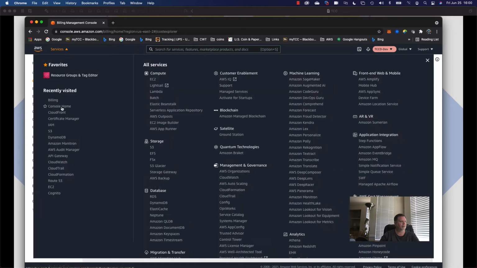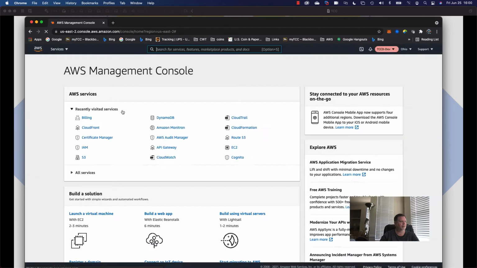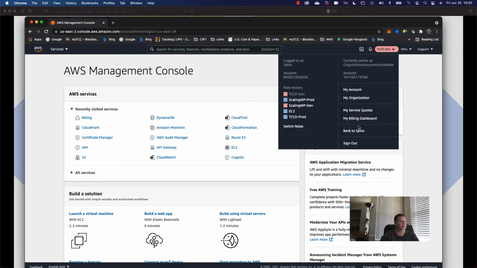let's go to console home. So this is where you go when you log in. Yours will be a little different depending on what you've looked at and what you've gone to. This is what my recently visited looks like. I've visited a lot. But what I wanted to show you is you can get to your billing by going up here in the top right under the account name. You can go to my